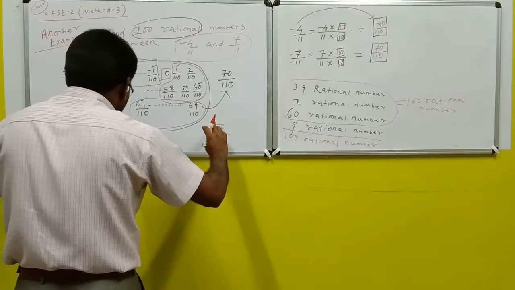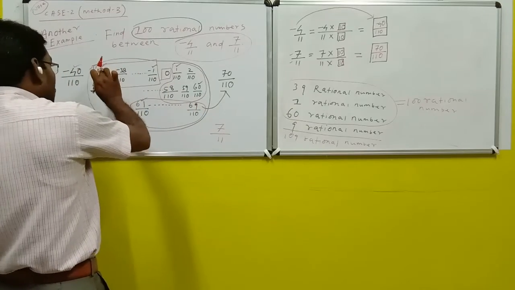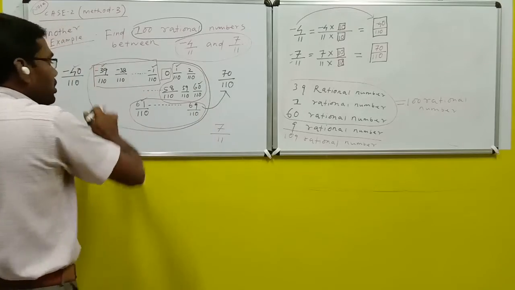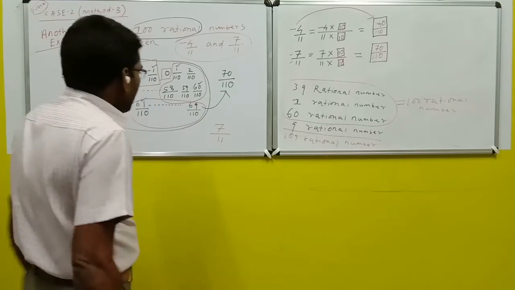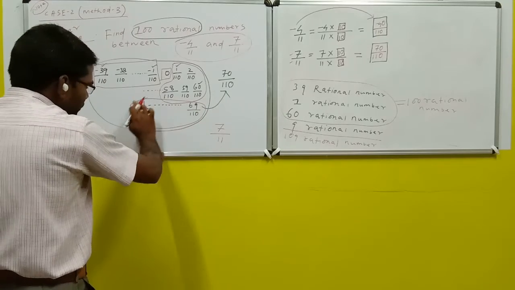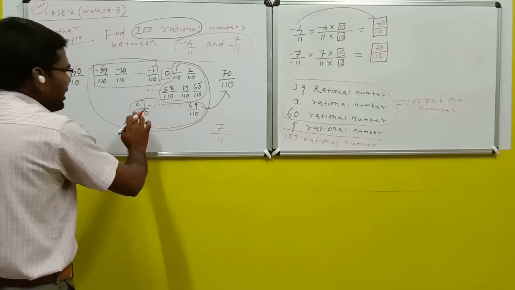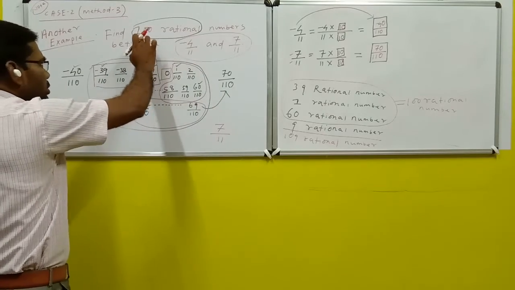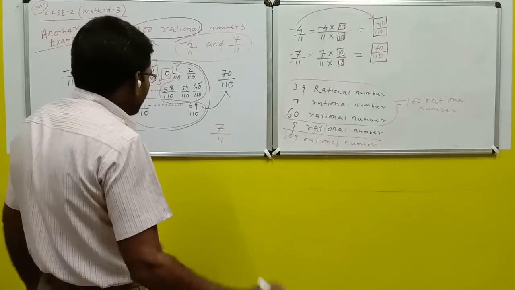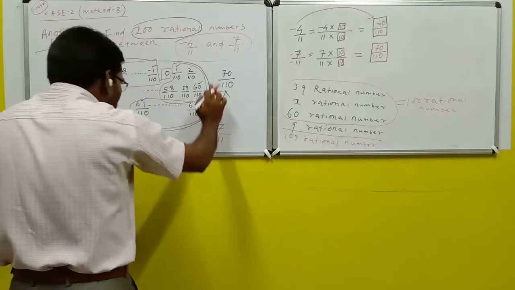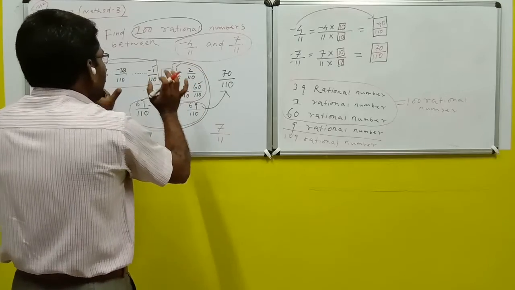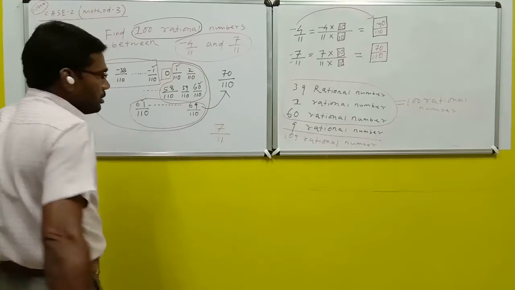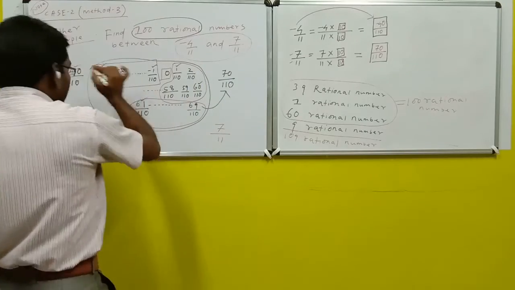It means between these two, from this one to this one, there are 100 rational numbers. So this is your solution. Only you have to leave out these 9 rational numbers, because totally 109 rational numbers have been found, but in the question you have to find only 100 rational numbers. Therefore, out of these 109, you have to write only 100 rational numbers, that is from this one to this one. Now your solution is complete. Note it.